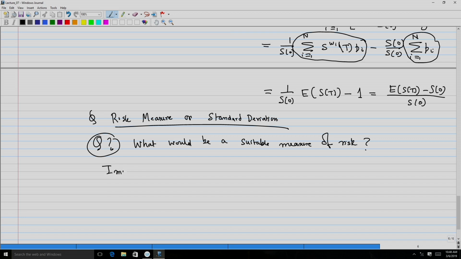So, accordingly, let us look at the motivation that it is important to understand the scatter of returns around some reference value. So, by this what I mean, say for example, if you are considering a bond with a simple interest